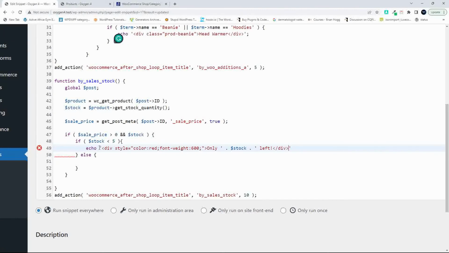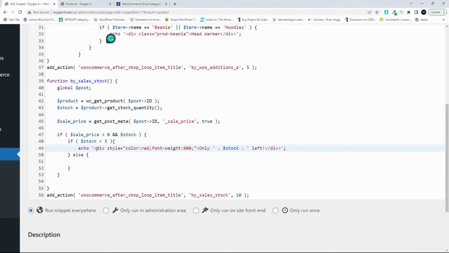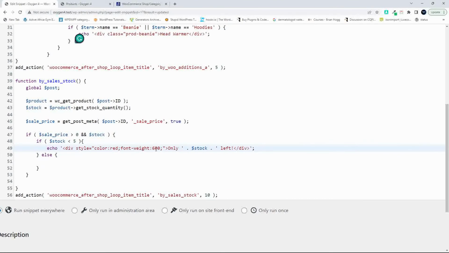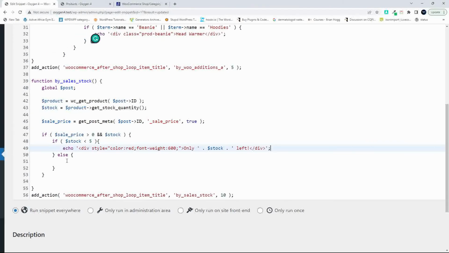So here we say if it's less than 5, then we're going to have some red text that's slightly bolder and say only so many left, or else the standard message would be something along the lines of